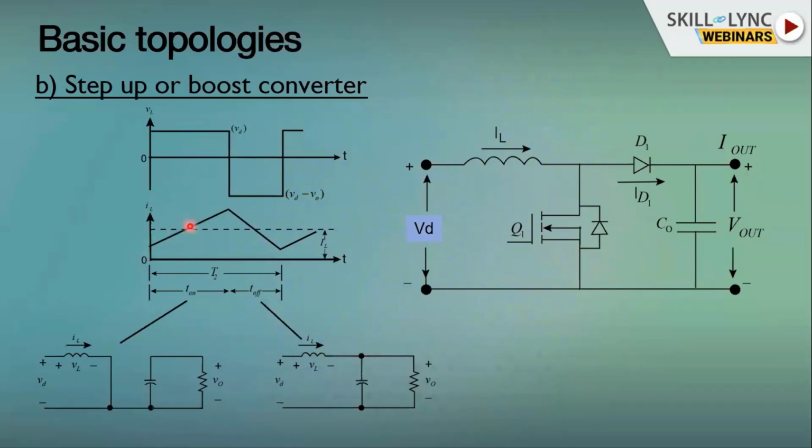Now we also see here that the inductance current is in charging mode, and when the switch is off it dissipates the energy towards the output. In this case you see the inductance current is not touching zero, and hence it is again continuous current mode. In case the value of inductance or magnetics goes towards zero, it will be discontinuous current mode. And like I said, both modes of operation have certain advantages and disadvantages while you design the circuit.